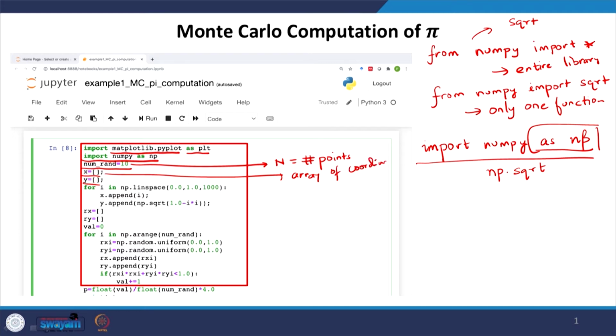One of the good things about Python is the flexibility with which we can use arrays, right? If you are used to a language like C, you either define an array size a priori, and if I want to increase the size in between the code, it is quite complicated.